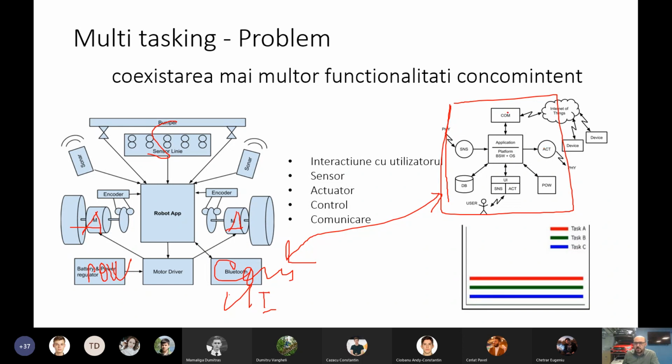So: sensor, actuator, communication, user interaction, database. Maybe we'll have some data structure in the application, and here we'll have the app. Okay, this is the general architecture of an embedded system, but here we have the one specific to a robot. Now we'll have components that are responsible for sensing, for actuating, for control in the application, and communication,